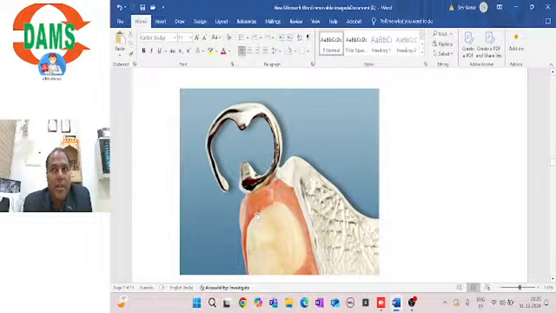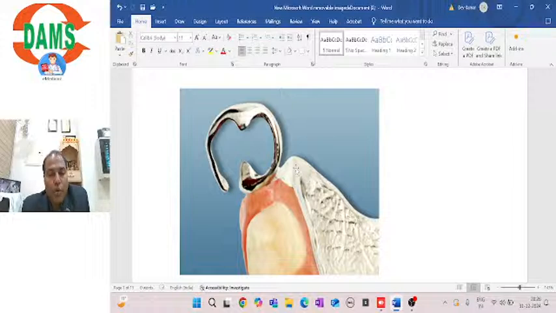What is this clasp? This clasp is a ring clasp. Why? Because of the tilted teeth, you are going on the lingual aspect and engaging the undercut on the same side. And one more important thing: because its length is too much, we give a supporting strut on the labial aspect. So if somebody asks in which kind of clasp a supporting strut is given, we give it on